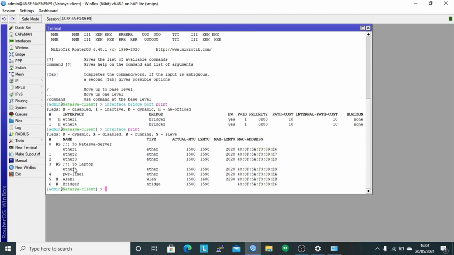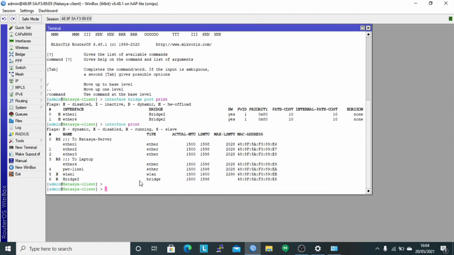It can be seen that Ether1 and Ether4 are flagged RS, namely running slave, meaning that Ether1 and Ether4 are bridged. And then perform a request DHCP client with the command IP DHCP client, and the interface used is interface bridge2